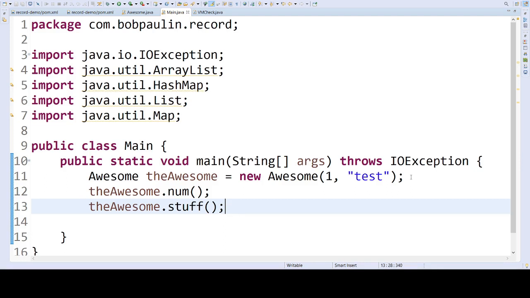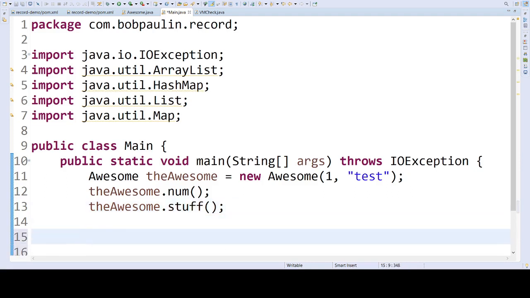Records, under the hood, are all final classes too, so you can't extend a record. There are certain things you just can't do with them, so they're limited in that sense. Just like if you put final on a class, it's not really meant to be extended. You're supposed to build them with composition. So if you're going to build records of records, you're not going to use inheritance to do it. You're going to make the record a field of another record, so that you have all of these things built out and you can have one large immutable object at the end of the day.